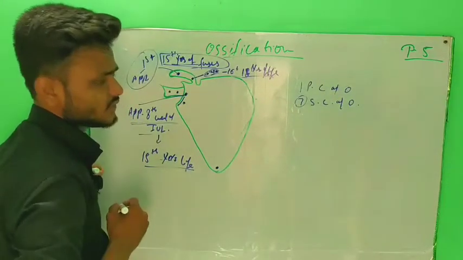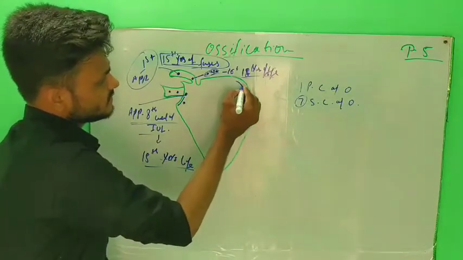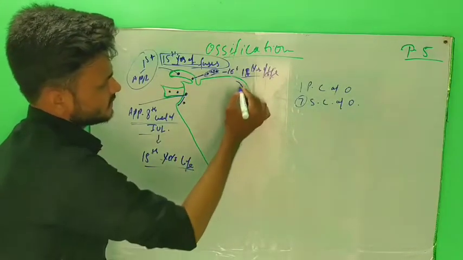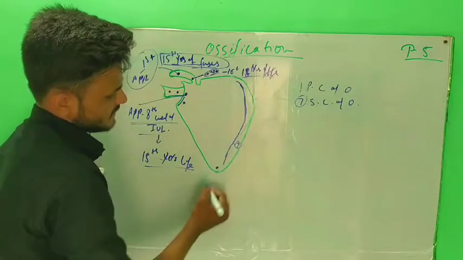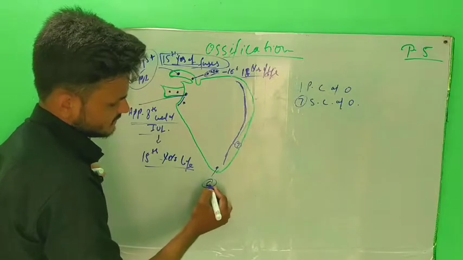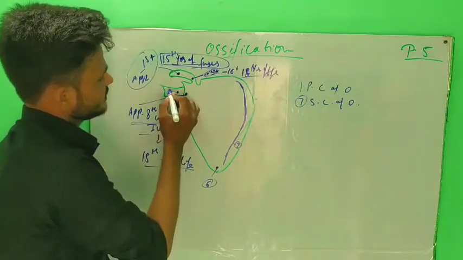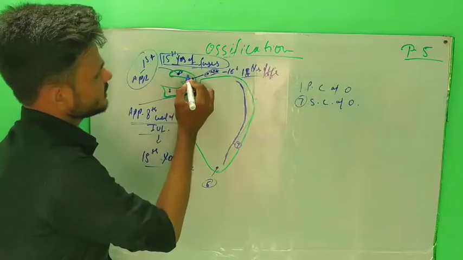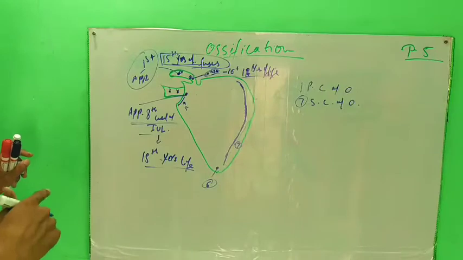secondary center of ossification, and along the vertebral border from the superior to the inferior angle there is the 7th secondary center of ossification. This is the 7th, this is the 6th, this is the 5th, this is the 3rd, 4th, 1st and 2nd. These are the secondary centers of ossification.